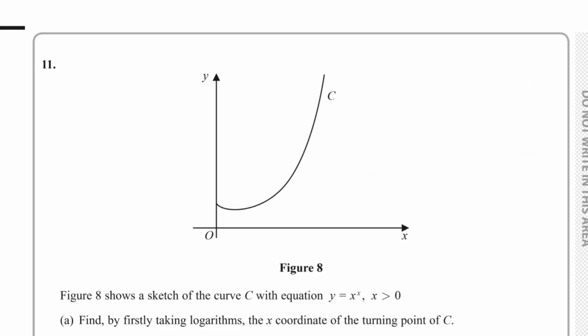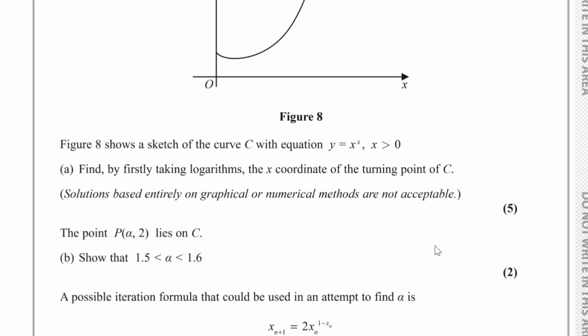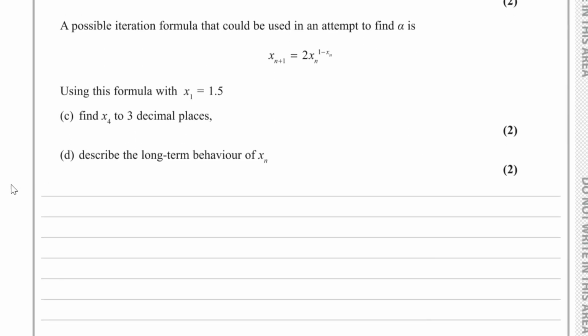Question number 11. Figure 8 shows a sketch of the curve C with equation y equals x to the power of x, where x is greater than 0, and find, by firstly taking logarithms, the x-coordinate of the turning point of C. Solutions based entirely on graphical or numerical methods are not acceptable. This question is a bit difficult. We begin with part A,